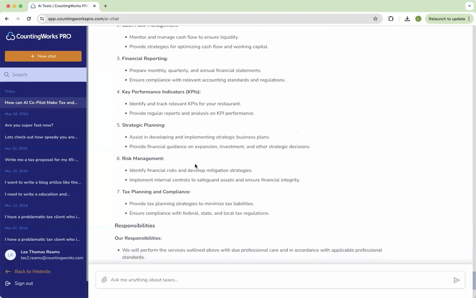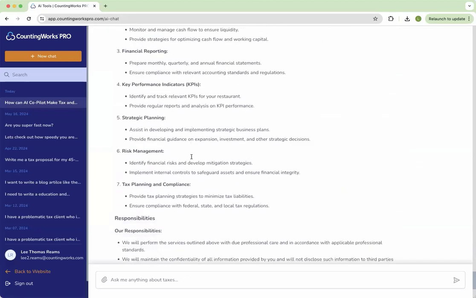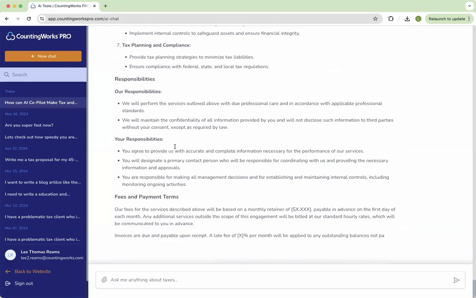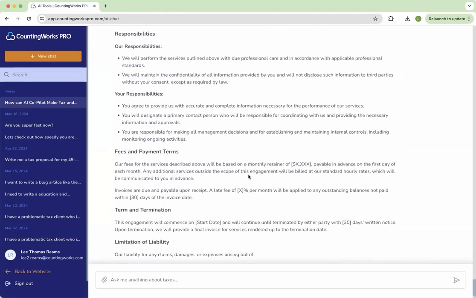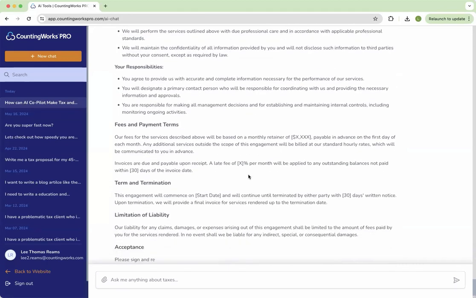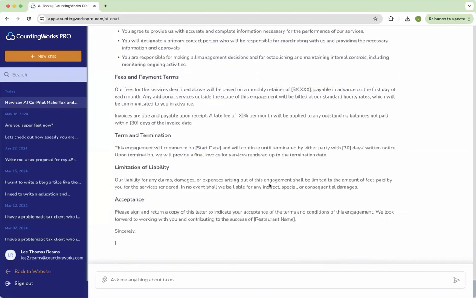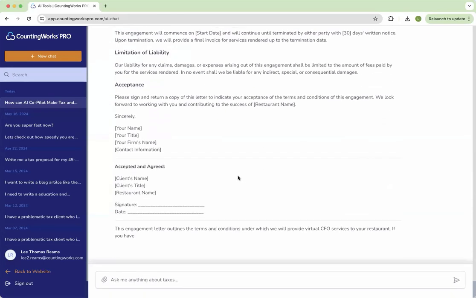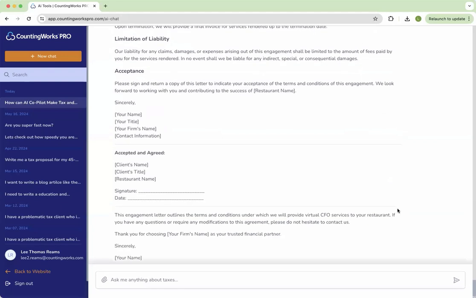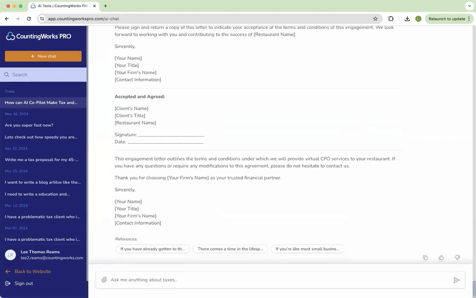But you can also edit this. What is the scope of work? What are the responsibilities? Your responsibilities, our responsibilities. What are the fees? Obviously, you can fill in the blanks here. If I had put in a number, it would have done this. But you'll see a few little items here. This is just doing a personalized, really quick engagement letter that, if you're using templates or old ways to do things, can take a long time. We'll give it a couple more